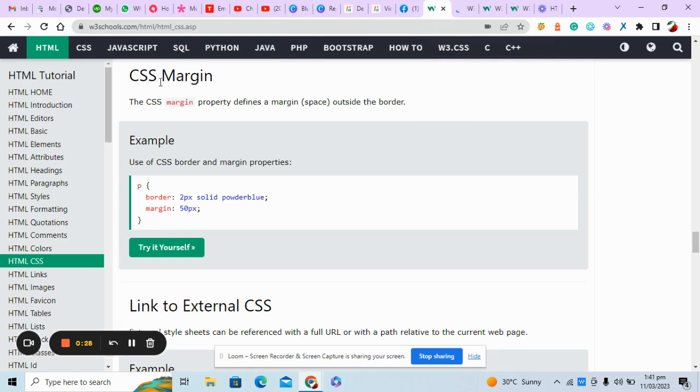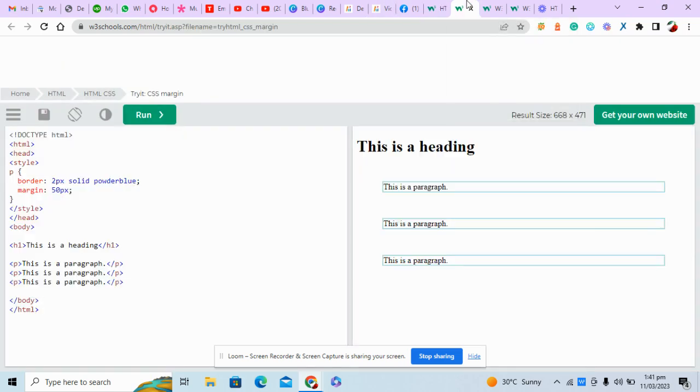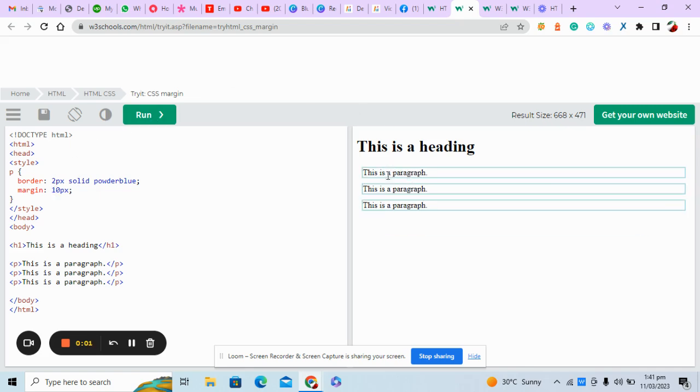Here we are going to cover CSS margin. The CSS margin property defines a margin space outside the border. One thing is the margin and the other thing is the padding. If you are talking about inside the box, that would be the padding. If you are talking about outside space, then it's the margin. Let me define it a little more. If I turn it to 10, you will see that the outside space